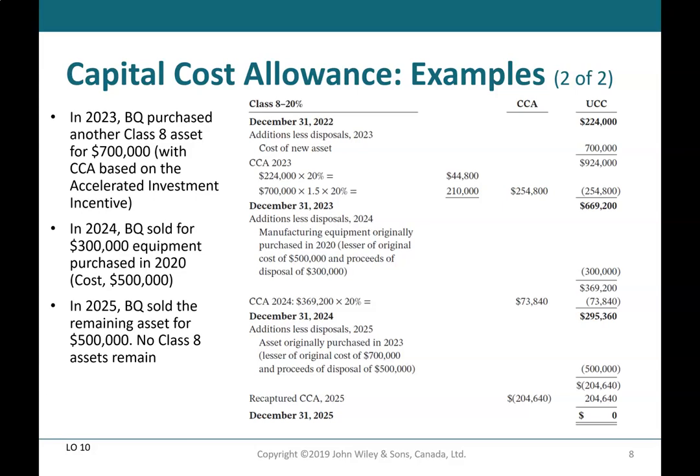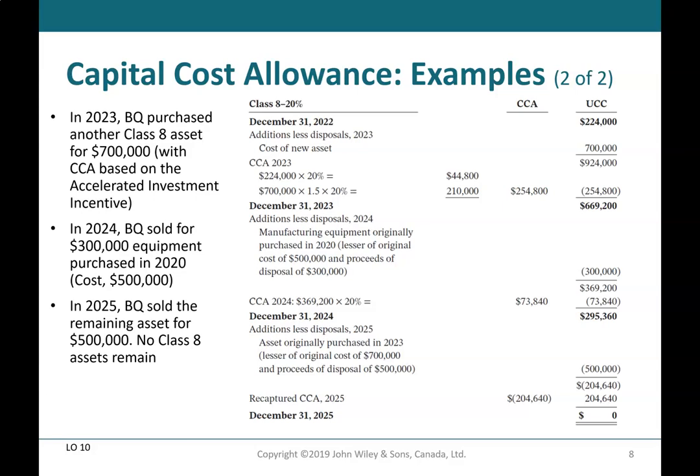Capital Cost Allowance, example 2 of 2. In 2023, BQ purchased another Class 8 asset for $700,000 with CCA based on the accelerated investment incentive. So then at December 31st, 2022, you have your opening UCC of $224,000 and CCA on that amount at 20% of $44,800. And then you have your new asset of $700,000 and CCA at 1.5 using the accelerated investment incentive is $210,000. And your ending December 31st, 2023 balance is